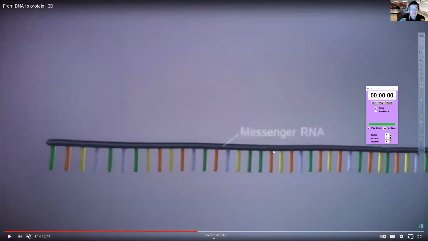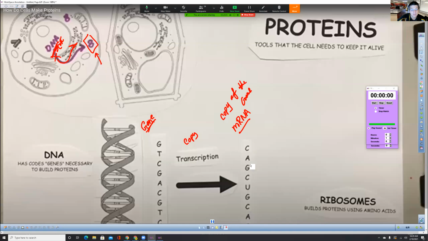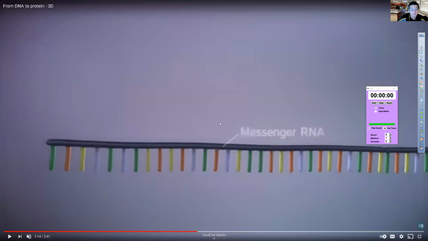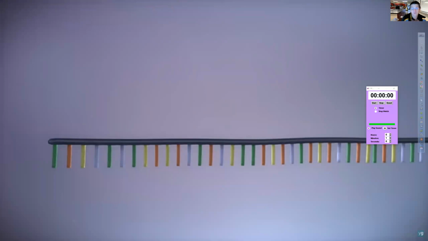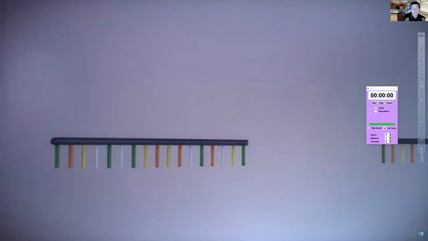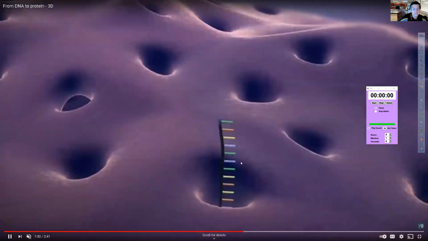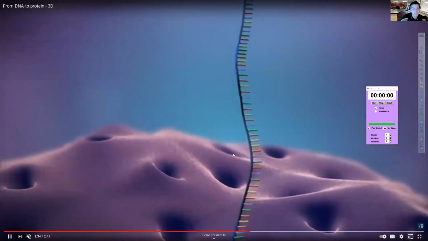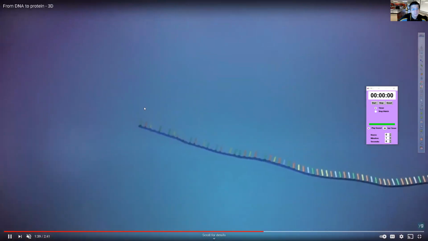And this right here is the mRNA. That right there is what I was showing you guys right here, right? So now that we have that copy made, a couple of things have to happen to it. If we were in class, we would talk about it more specifically, but it's almost like it's getting edited a little bit, but that's the copy that I was talking about. And this copy now leaves the nucleus, and these codes are going to go to Ethan the ribosome.